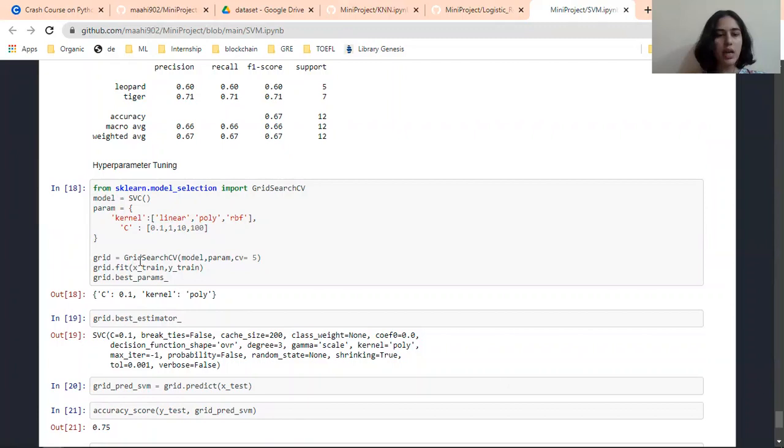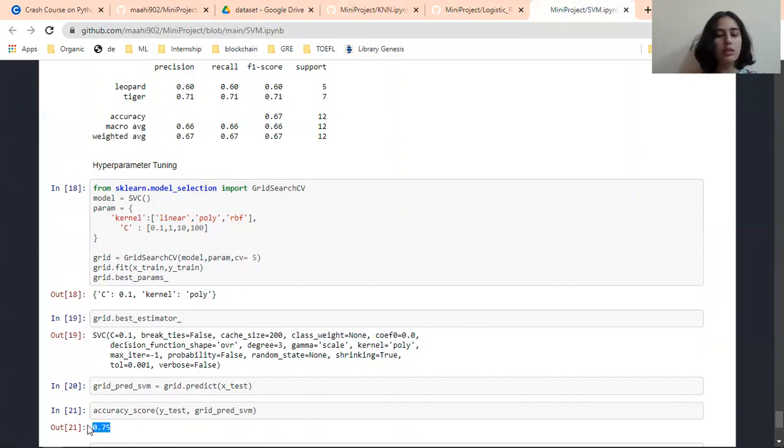And then we will define grid as GridSearchCV with the model and parameters, and this grid.best_params_ will show the best parameters which we can use to get the highest accuracy for the model. Then grid.best_estimator_ is another such function, and we will use these parameters to predict our output and check the accuracy score.